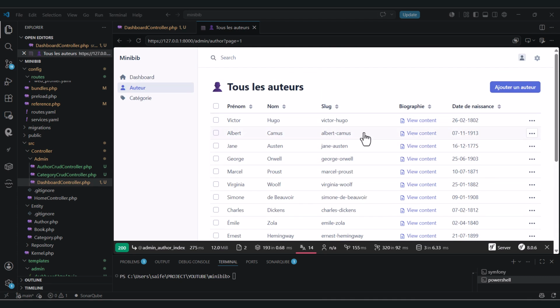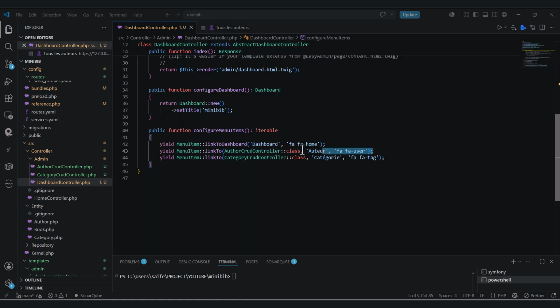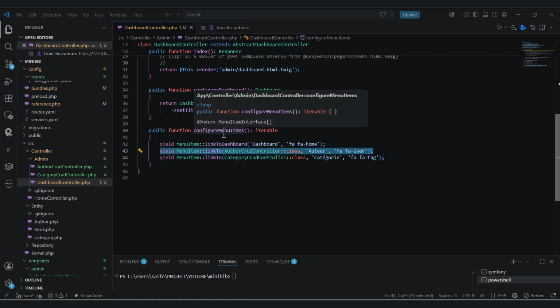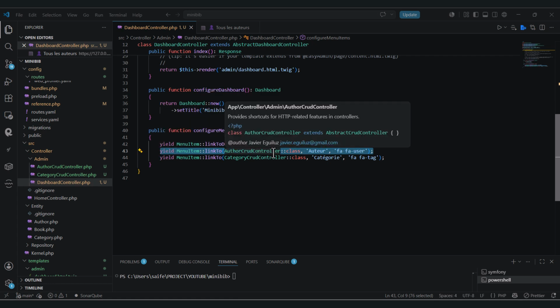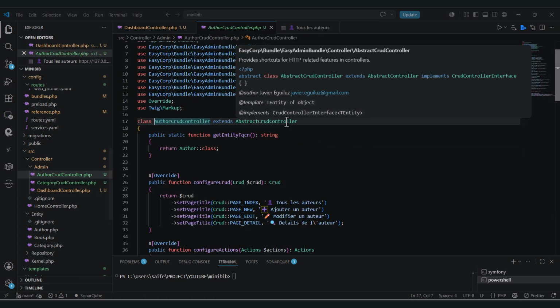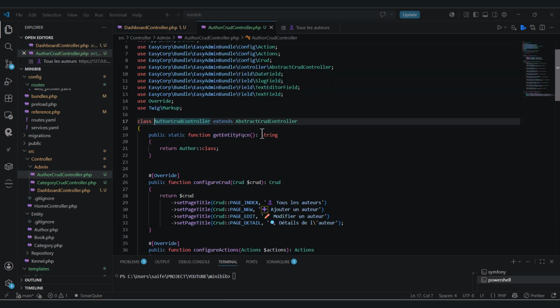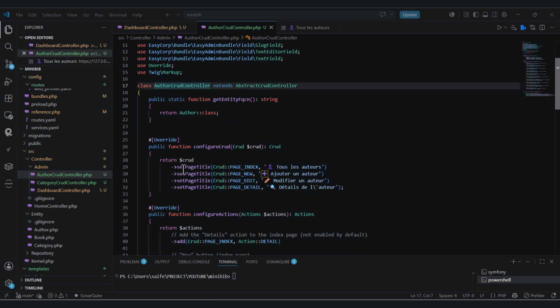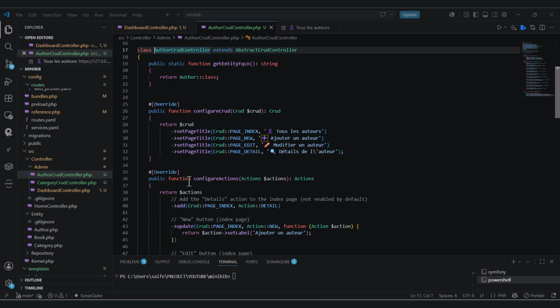Let's go back to the code and I will show you what I added. So inside the configure menu items, I added the line to register our entity CRUD controller, pointing to the file we already generated with the make admin CRUD command. I added the page title the same way we did in the last video, and I did the same for